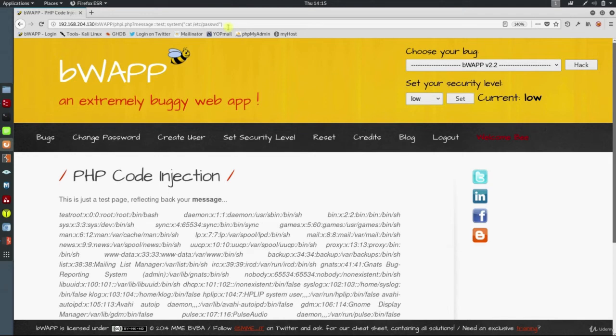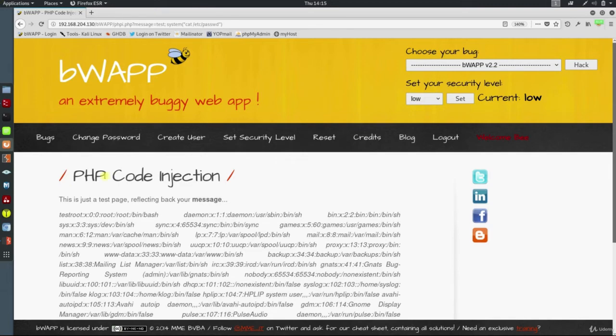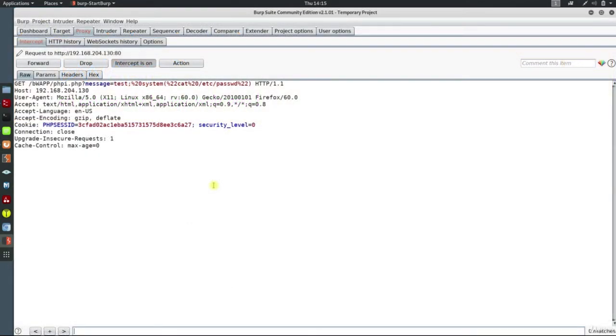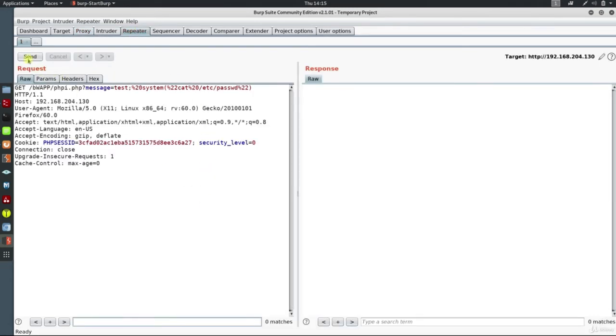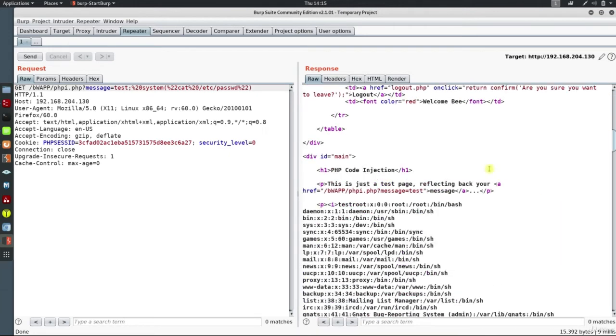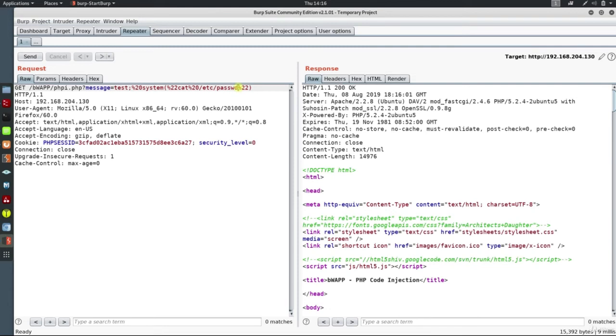Okay, so let's move on with Burp and enable FoxyProxy and then refresh the page. Open Burp, and I just intercepted it to use Repeater. So send it to the Repeater and let it go. And here's a request. So send it. It executes again. So now I'm going to delete the file name from here,